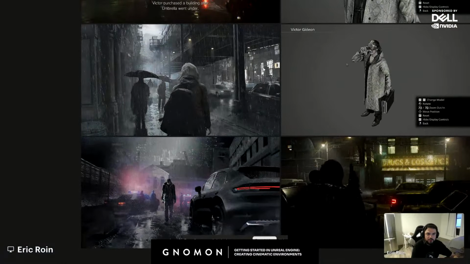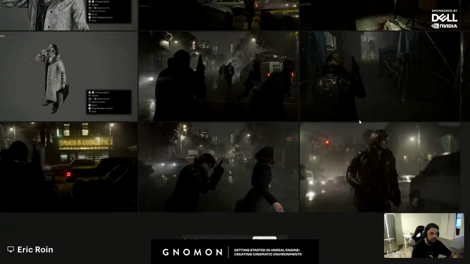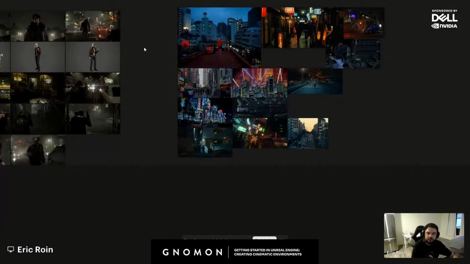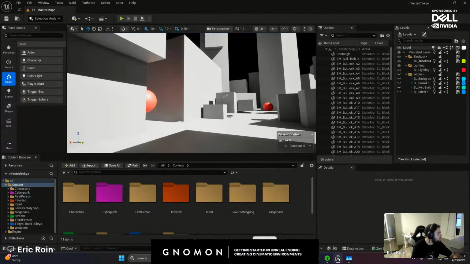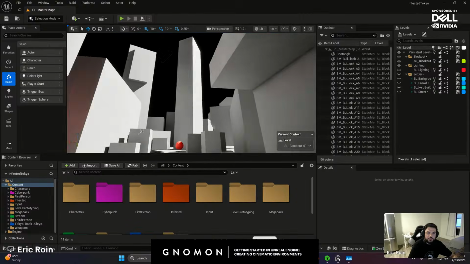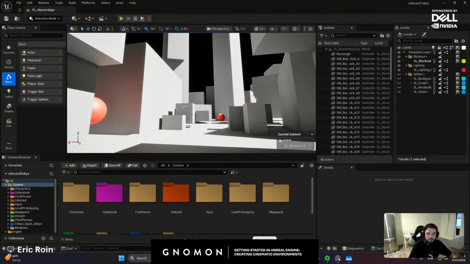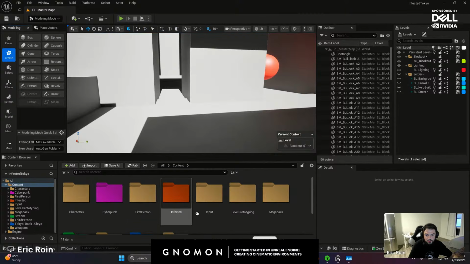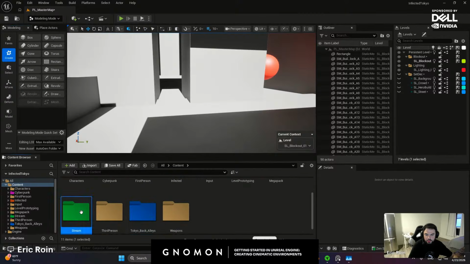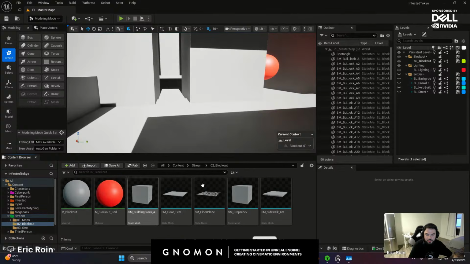I was kind of inspired by this dark, moody environment, and mixing that with some of the neon colors that I saw in Tokyo references. That was roughly the idea that I had. Primarily, I blocked it out super quick, maybe within 30 minutes to an hour, without having to rely on any other software. I was going inside of the modeling toolkit, and I made my own folder structure for today's stream. And for the blockouts, this is literally all I'm using.